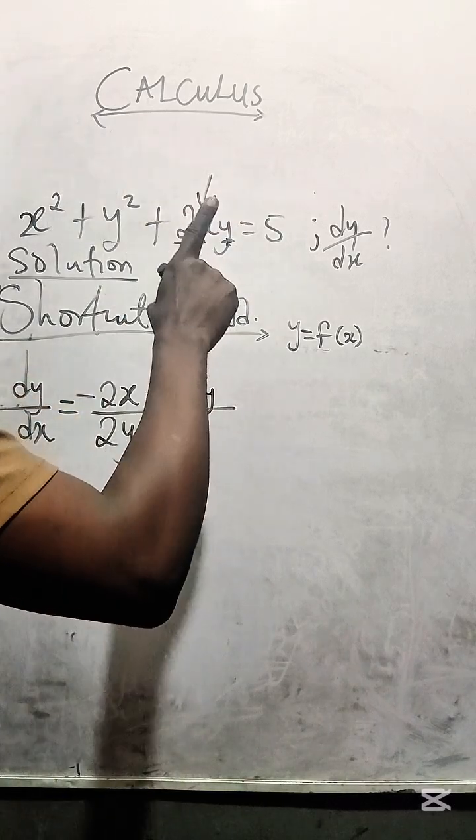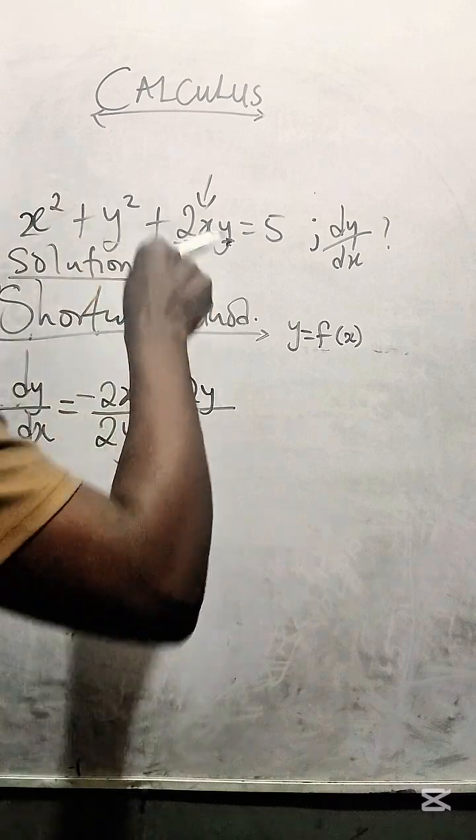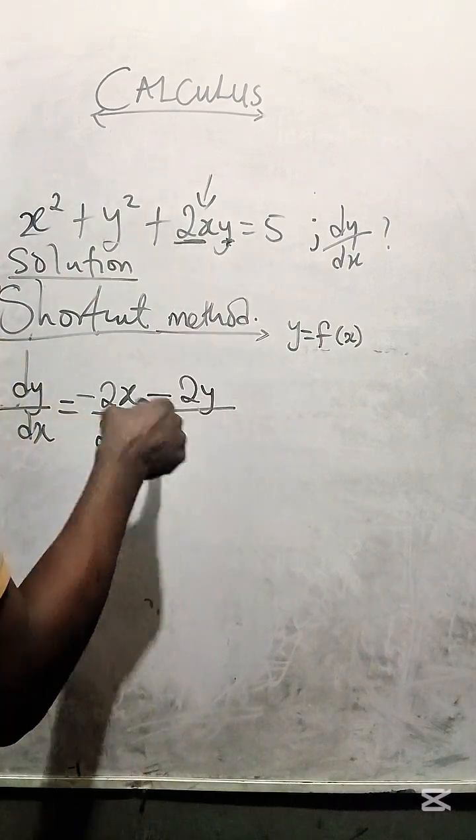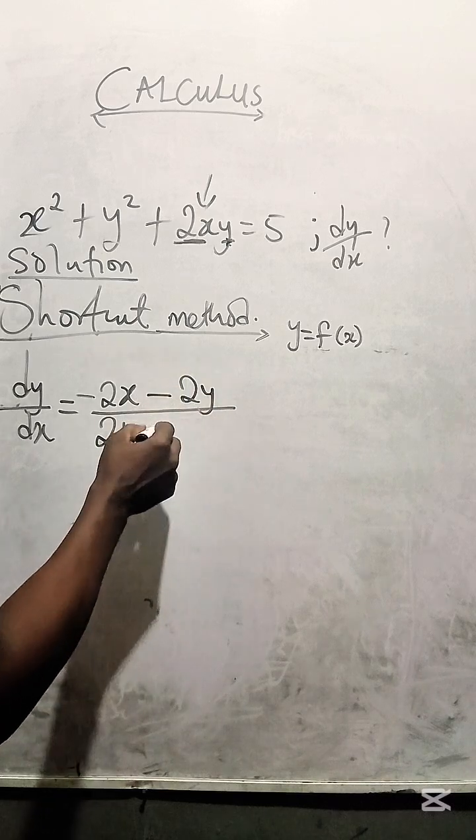I'll get 1. 1 times 2x is 2x. So I actually differentiated y. And y is meant to be here. So I'll write it at the denominator. Remember, I wrote that of x at the numerator. So now, plus